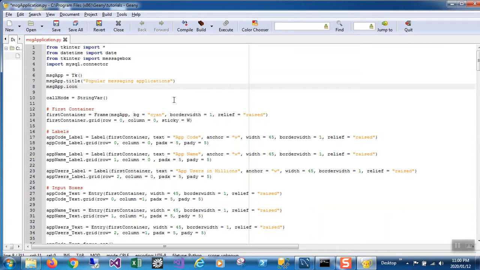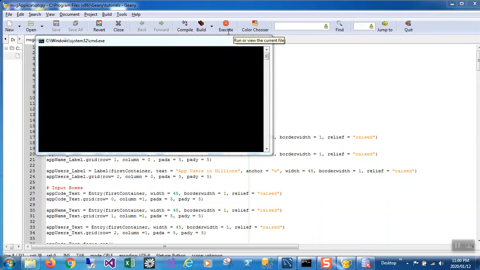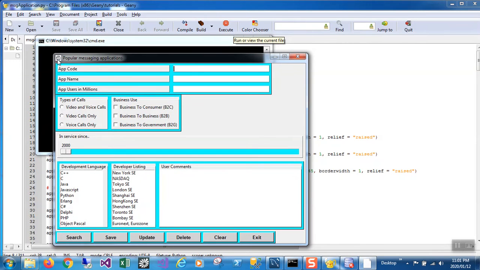So here we're going to say icon bitmap. Okay, so this is the syntax, and then you specify the folder and then the name backhill.ico. Okay, all right. So if we execute this one now, you see that the icon will have changed